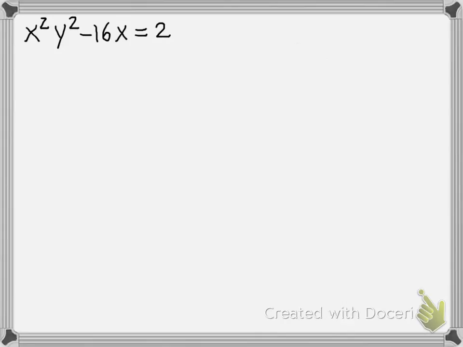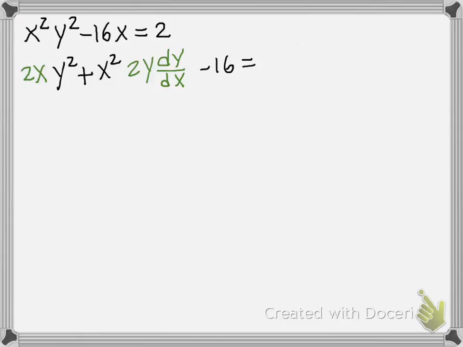rule. Well, derivative of x squared is just 2x. Okay, by the product rule, we need to add x squared times the derivative of y squared, which is 2y dy over dx, because y is a function of x. Then we continue to take the derivative of negative 16x to get negative 16, which equals the derivative of 2, a constant,